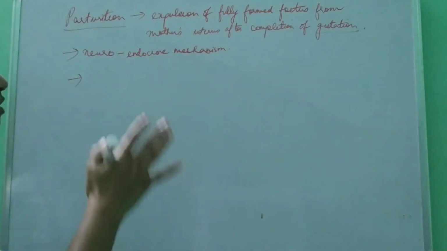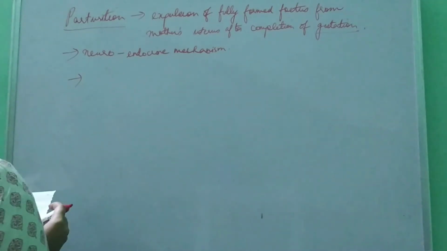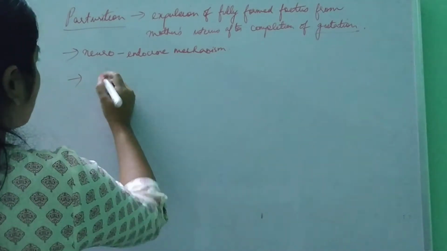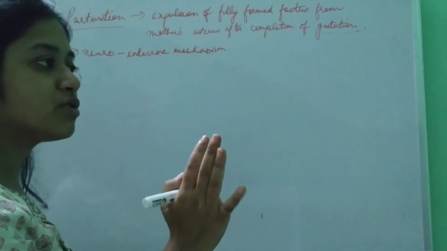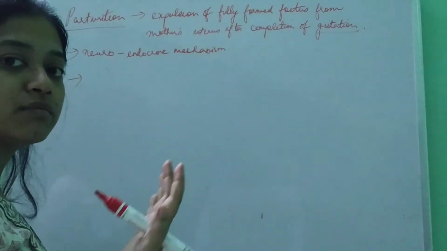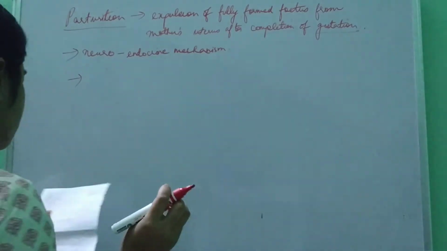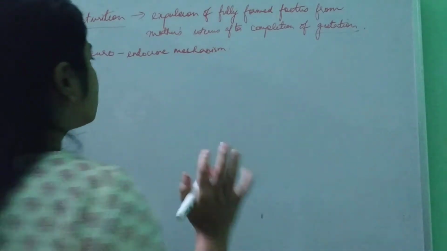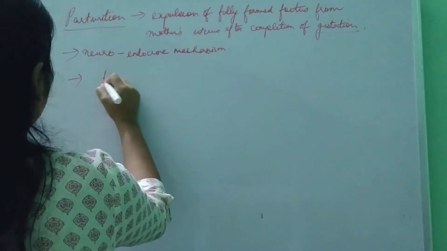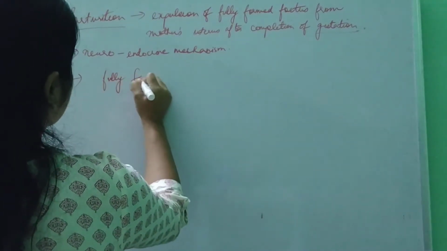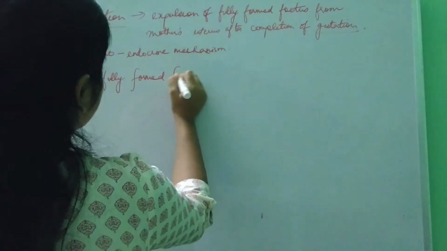So we'll see the different steps. First, what will start the parturition? Something has to start. The baby should start coming out due to some factor. So that factor is fetal ejection factor, and that will be secreted by the fully formed fetus,